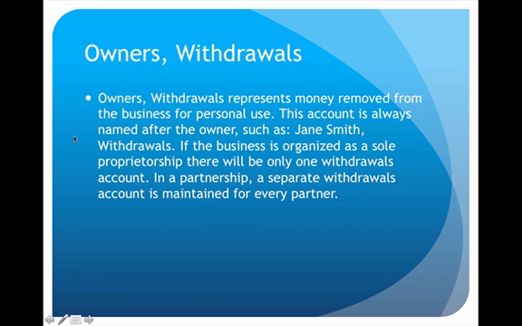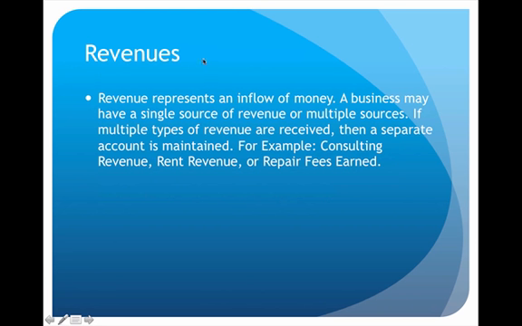So that's where we would record that. And again, we would put the name of the owner in front of the account. And if it's a proprietorship, we would only have one owner. But if it was, say, a partnership, for example, you would actually have separate accounts set up for every owner. Then you have that third equity component,